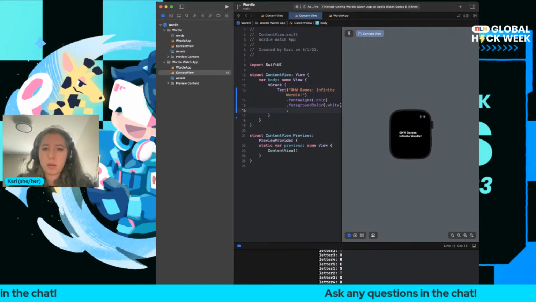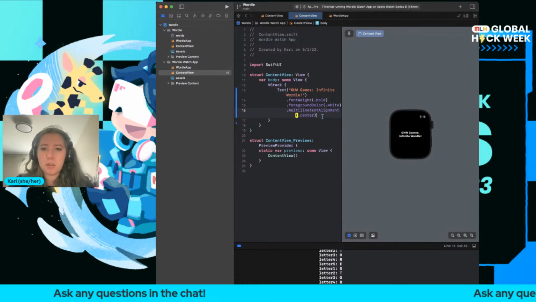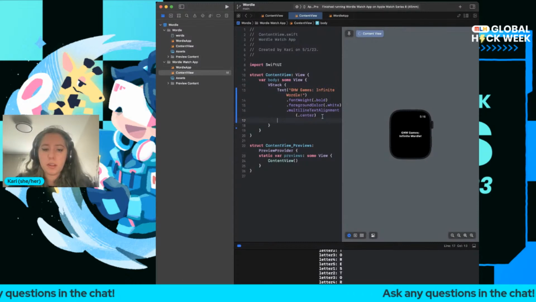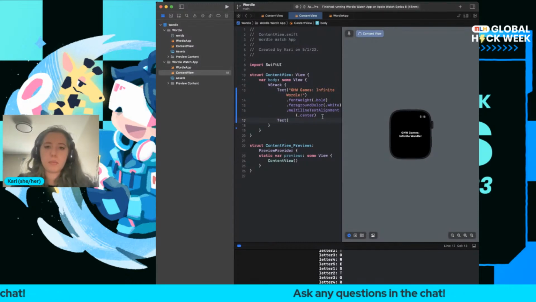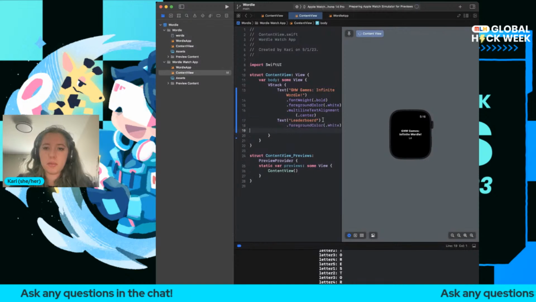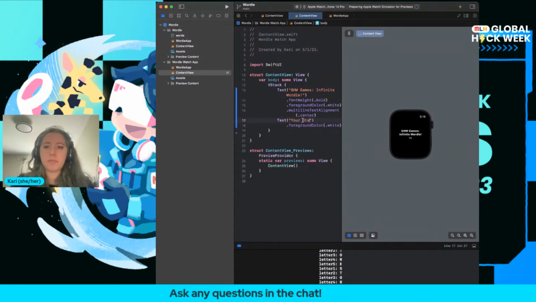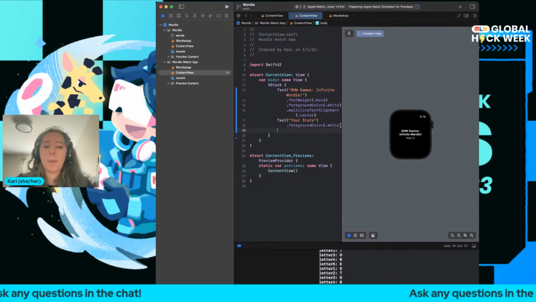We could do dot multi-line text alignment dot center, just so it's on there, and then we could do text leaderboard dot foreground color dot white, or your stats, and then we could do something like